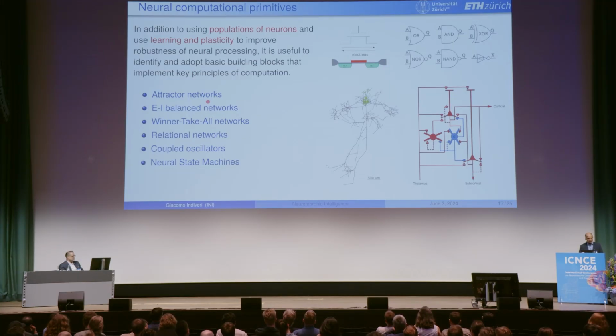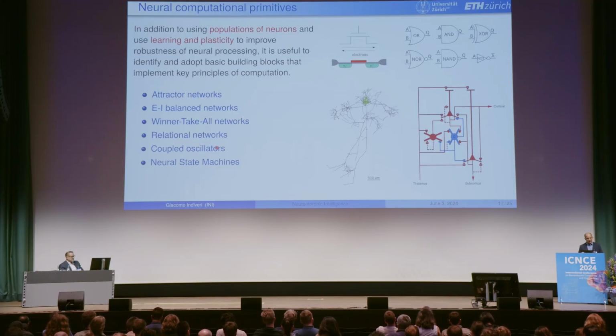By putting together these networks and combining them in different ways, you can build so-called relational networks. And then a slightly different flavor is combining these to create oscillations. They can also be used to drive motors and create central pattern generators, but also bind things from different cortical areas together. If the sound of something and the vision of something belong to the same object, they will probably be in phase with these oscillations.